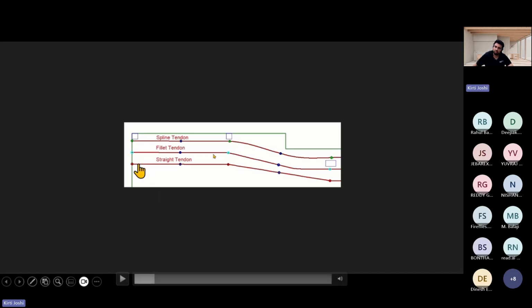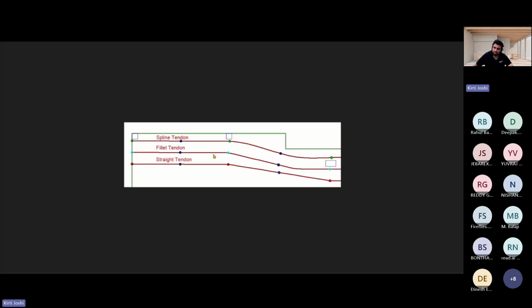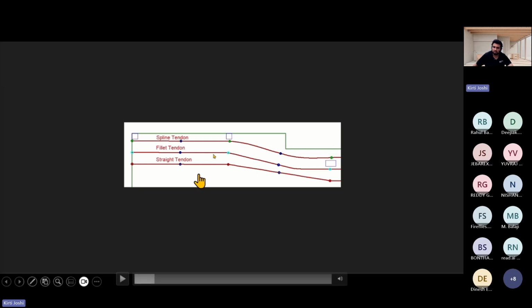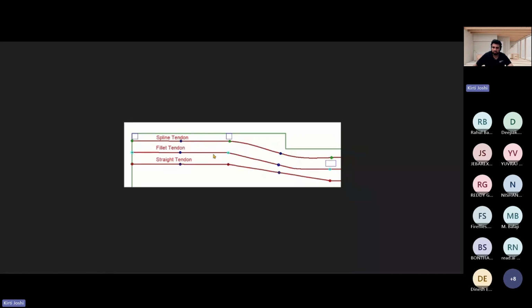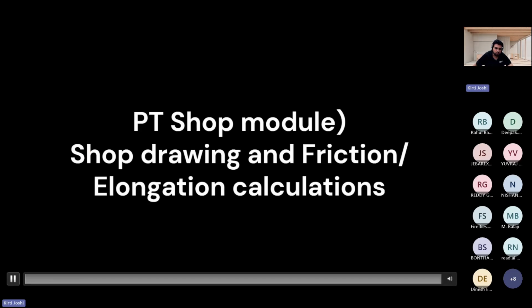Tendons may be either a fillet tendon or a straight tendon, so it depends on the type of the tendon. Basically brown is for the high point of your linear tendon. This same color hexagon indicates the high point of your fillet tendon, and the green color represents the high point of